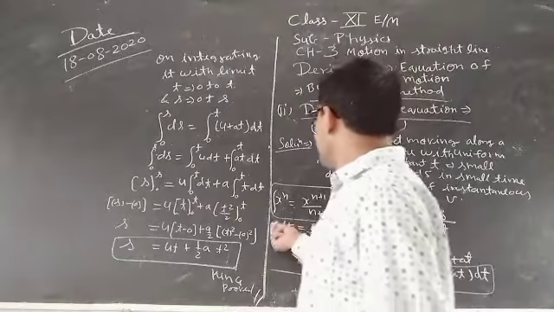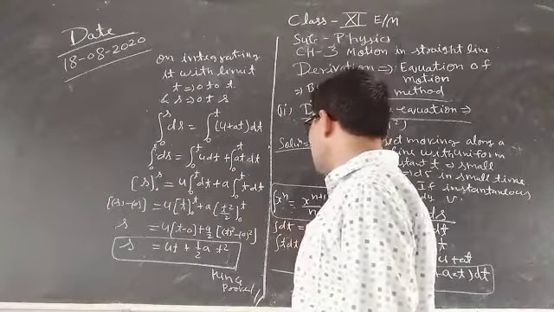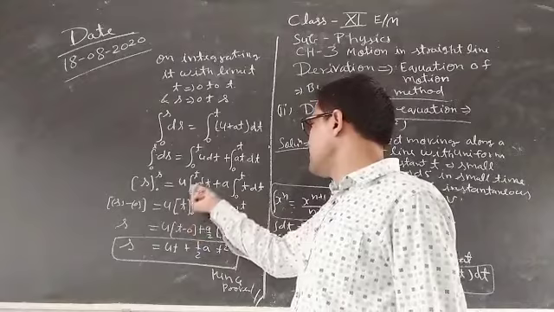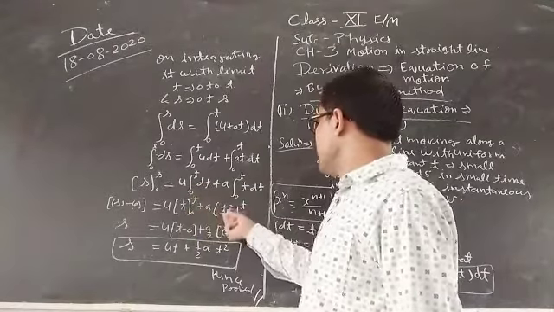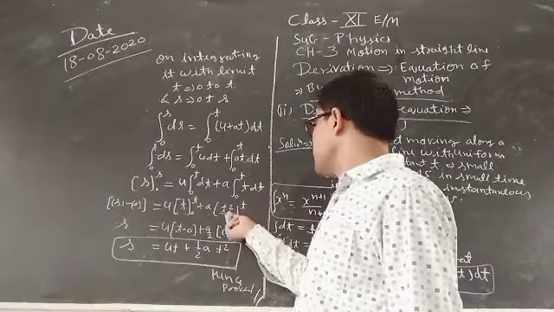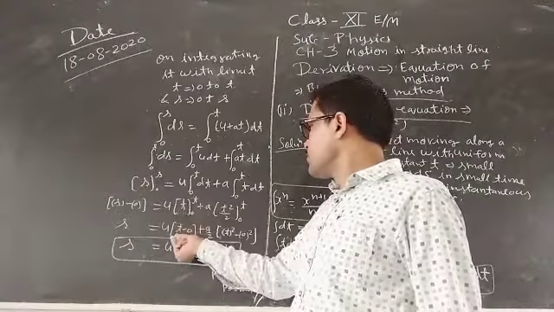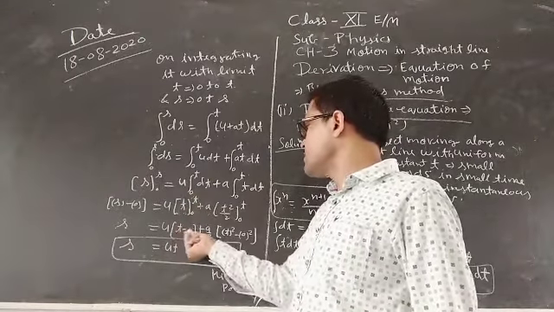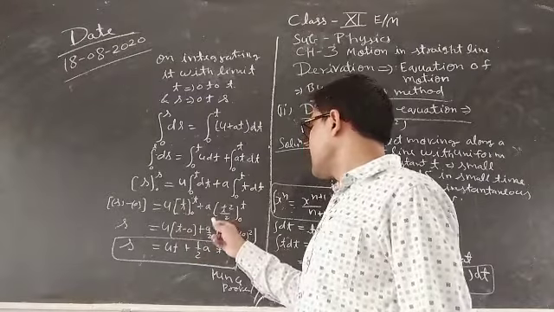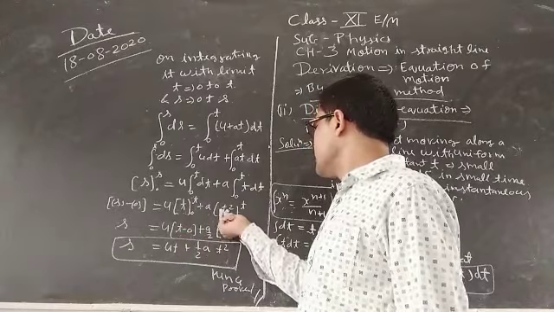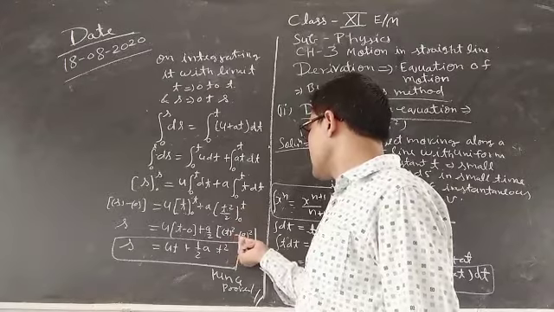Okay, and by the integration you will get the value of dx is equal to x and dt is equal to t. That's why here the value will be t. Here, integration of dt you will get t with limits 0 to t, plus a, here t square by 2, t square by 2 from 0 to t. Then you will solve by the limit method. Put final limit minus initial limit. Then t minus 0 plus a, and here 1 by 2 is also constant, a by 2. Then t square means final quantity t square minus 0 square.